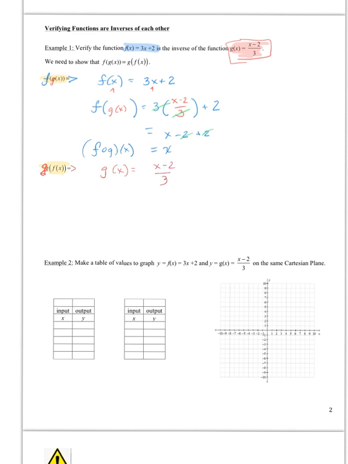And I'm going to input into that function f of x. So I'm going to now substitute in f of x for x. So I have g of f of x. And again, I'm going to substitute in for x f of x. So I have 3